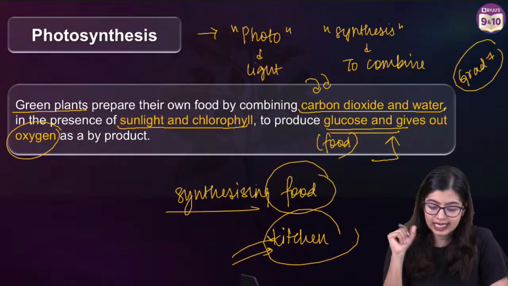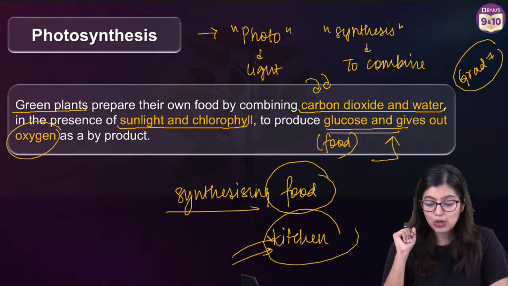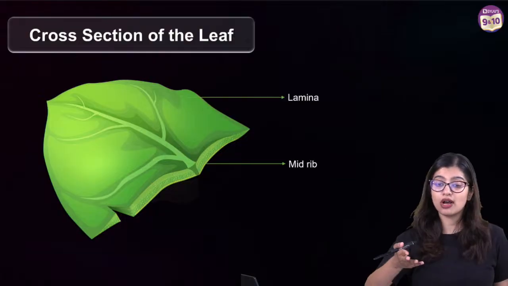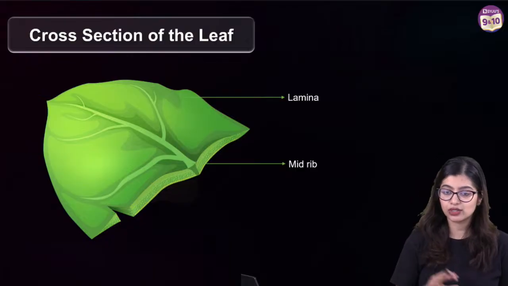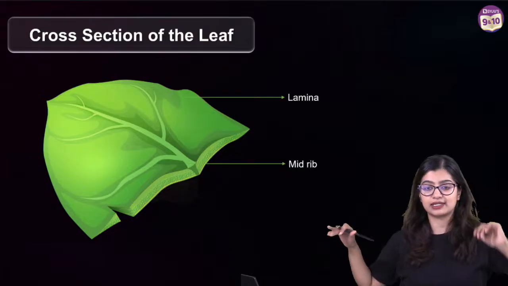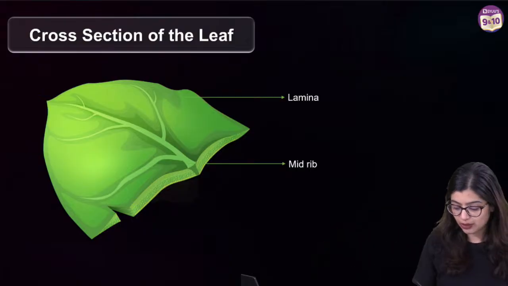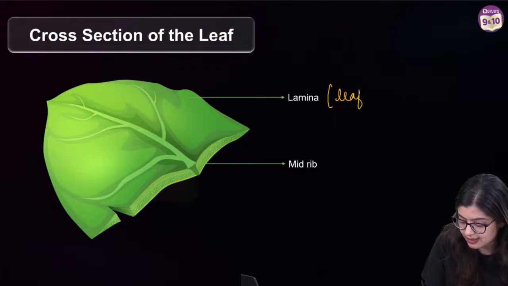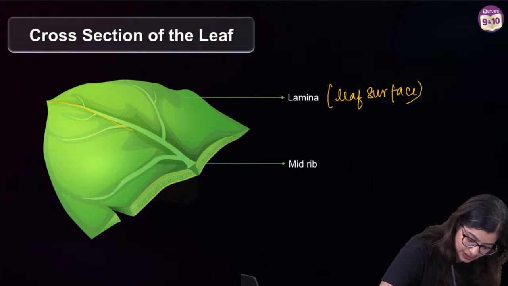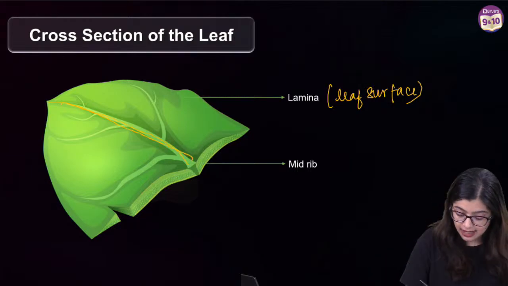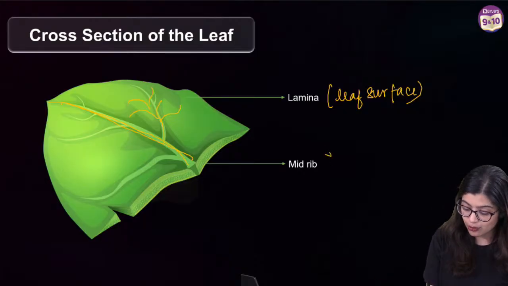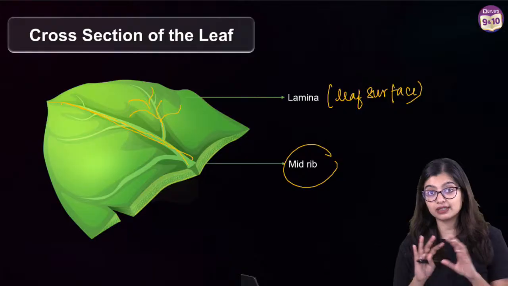Very good. In the leaves, right? So in the green leaves, we know that this particular process takes place. Now, of course, the surface of the leaf, this right here that you see is the leaf. Now, in this particular case, we know that the leaf surface is what we call the lamina, right? Then we have this line that runs in the middle, which is the midrib, yes? And from here we have the various veins that will branch out, right? So these are the various structures on the surface.